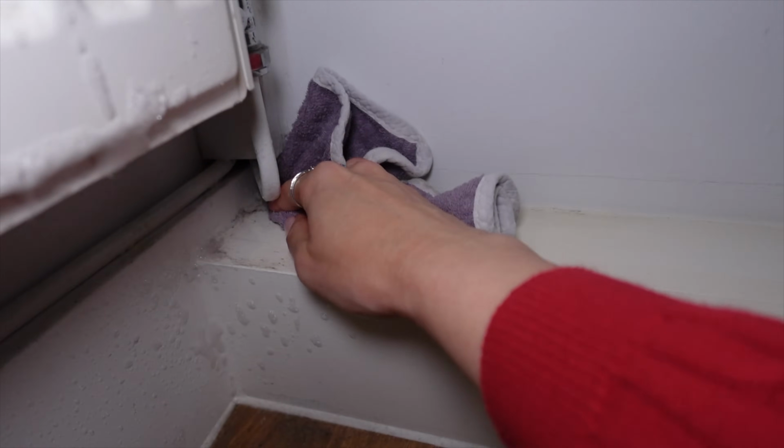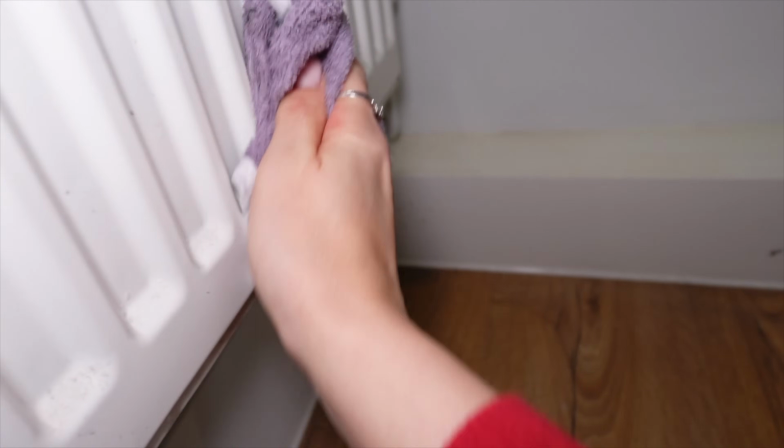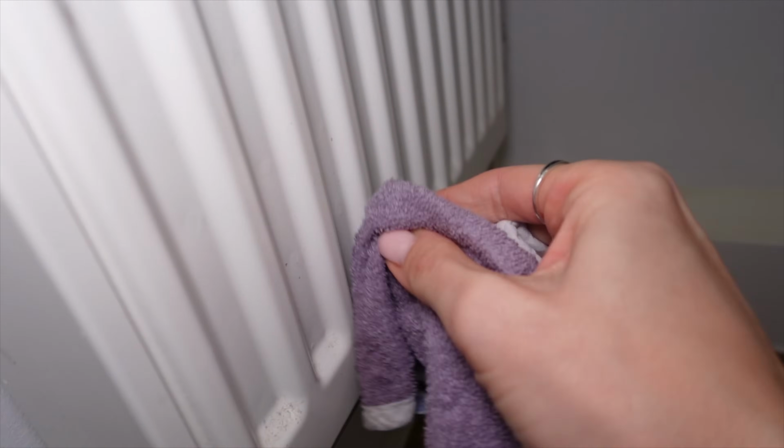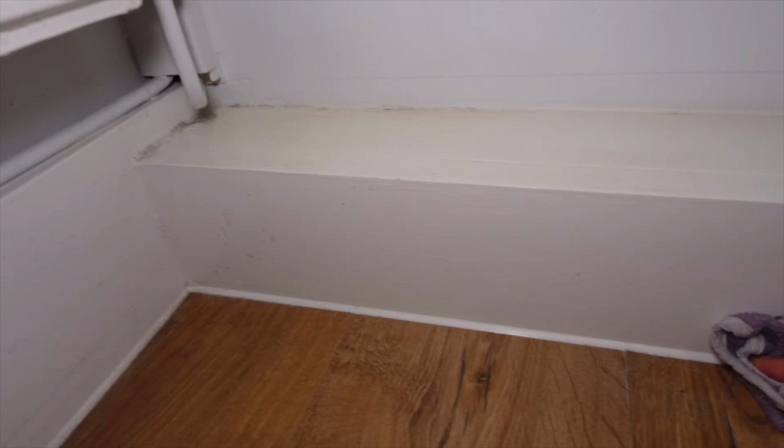But I'm using one of my recycled colour catcher cloth things because it's a gross job. So why not use these recycled cloths? I am even having to wipe dust off the radiator that wouldn't even come off with the vacuum cleaner. Is that bad? That bad, guys. But at least I've now taken this